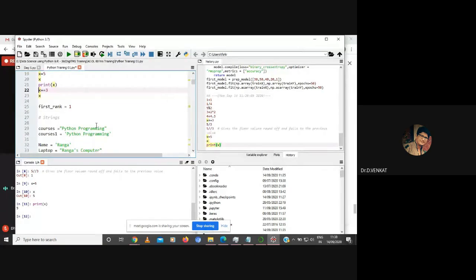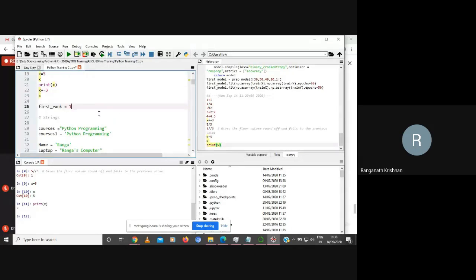If you are not familiar with Spyder, whatever Mr. Ranga is showing you, you can try typing it in the Jupyter notebook also, in parallel. Go ahead, Ranga. Yeah, for people who are already aware of Python, please pardon us, because we want to bring everybody up to speed so that when we show the code, they'll be able to relate what is what. So please bear with us.